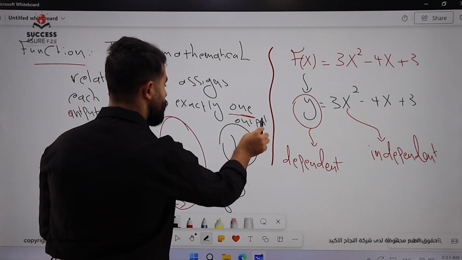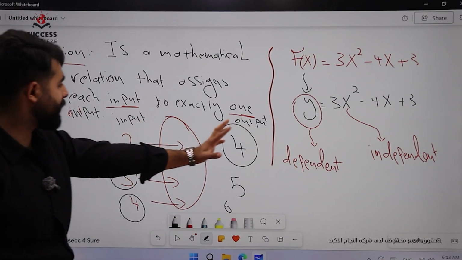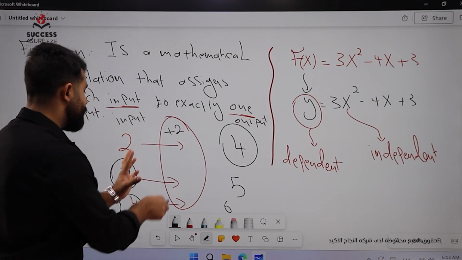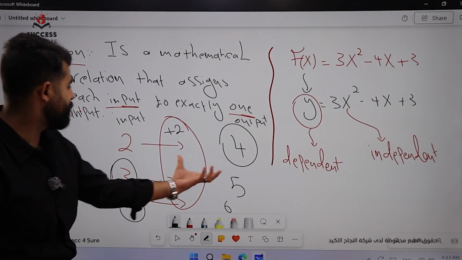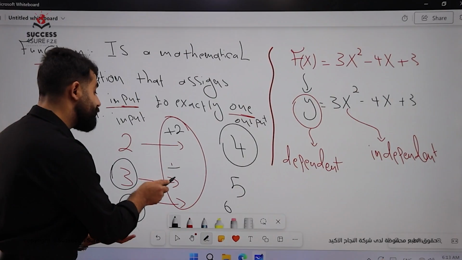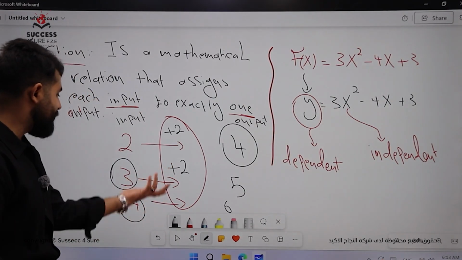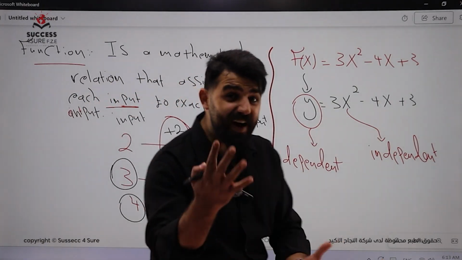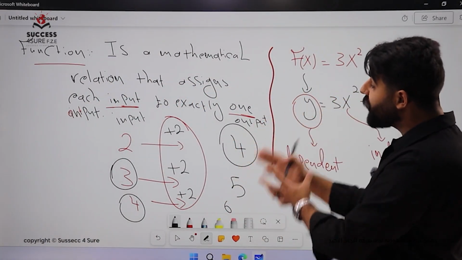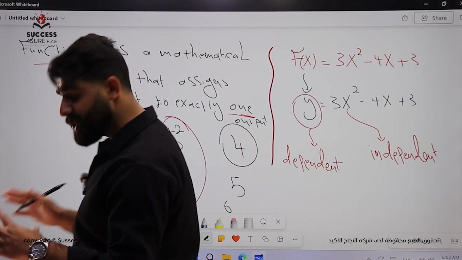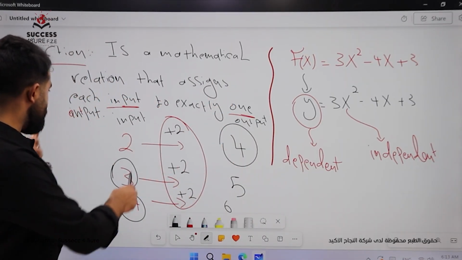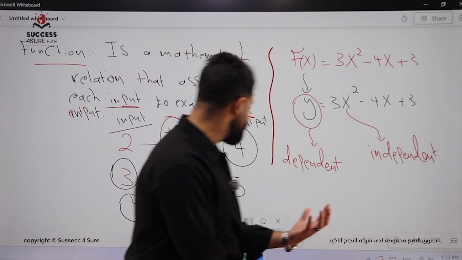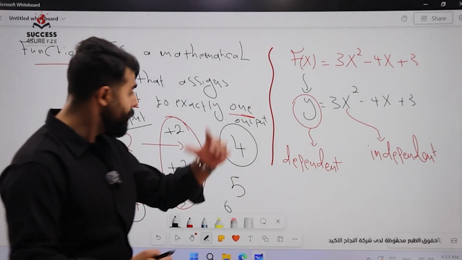All right, now by saying the input was 2 and it becomes 4 as an output, that means that we have increased by 2, right? Now it was 3 as an input and 5 as an output, so we have increased by 2. Okay, now 4 as an input, 6 as an output, so we have increased by 2. So what is the function of this machine right here? Its main function here is to increase all inputs by what? By 2. So if you want to write this relation, you can say there is a relationship between the input